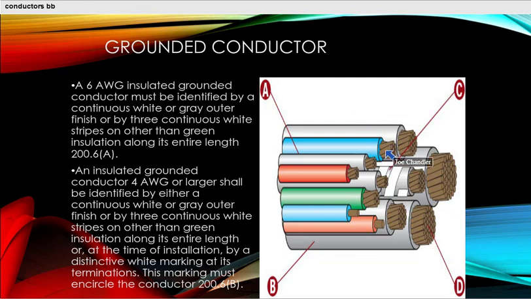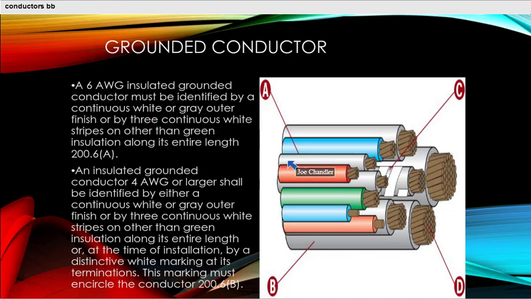So how do we identify this grounded conductor from the other ungrounded conductors or from the equipment grounding conductors? That's what Article 200.6(A), and you'll notice down here (B), give us: direction for identification of the grounded conductor. Basically, if you have a grounded conductor that is number 6 and smaller, it has to be identified by a white, gray, or an outer finish other than green with 3